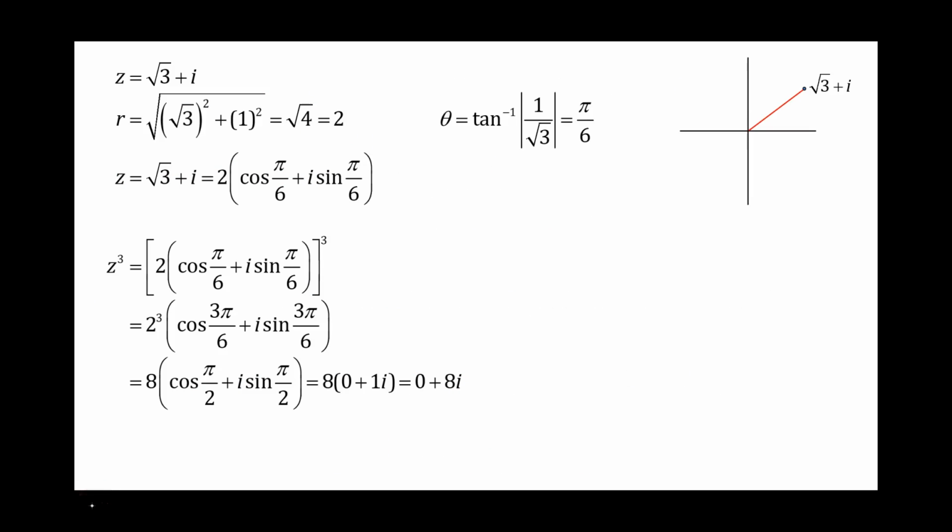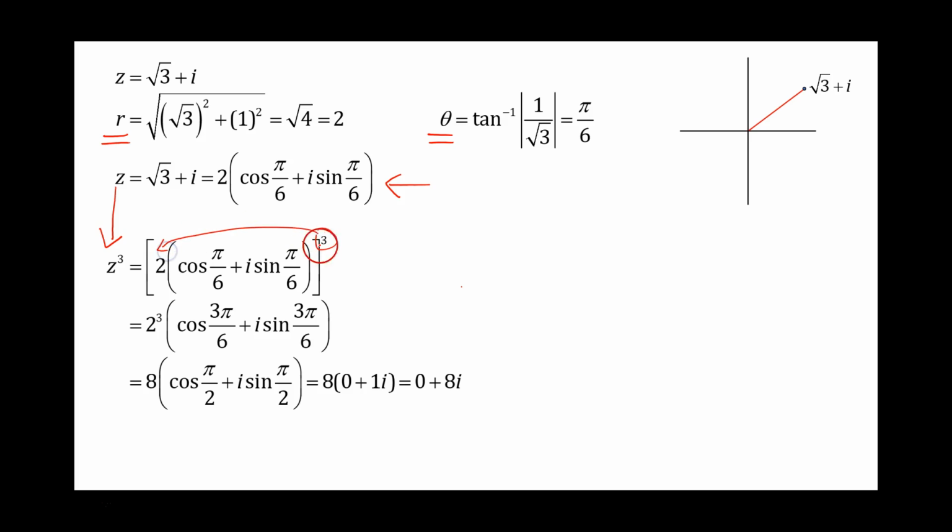And now our example then. Okay, so I have z equals root 3 plus i, so the first thing I've done here is convert it into polar form using the r and the θ. And then once I have it in polar form, I put that number to the power of 3. So that means I put a square bracket around all of this to the power of 3. Now De Moivre's theorem tells me that I put the power of 3